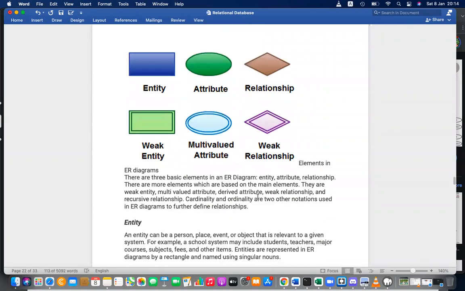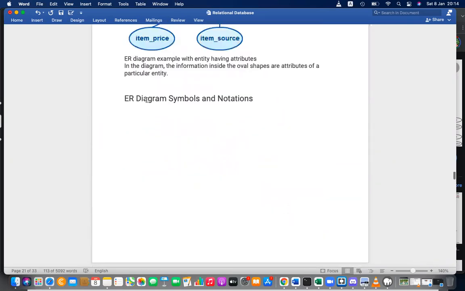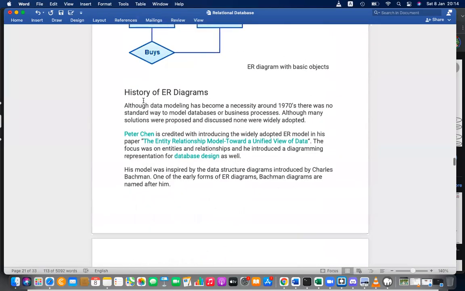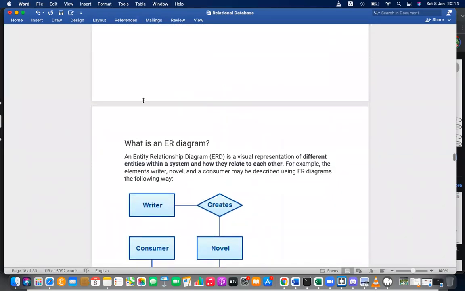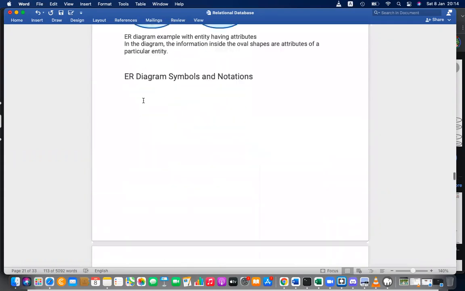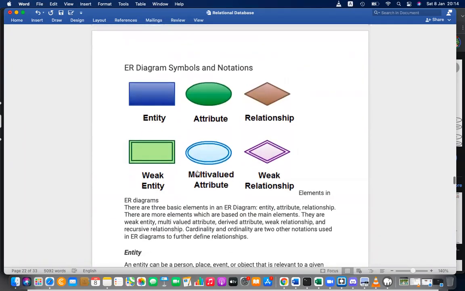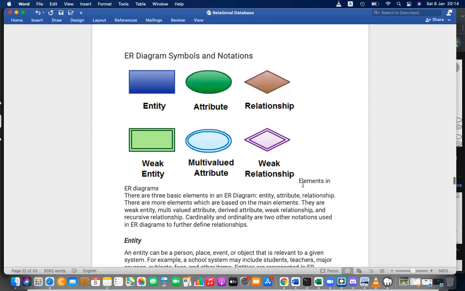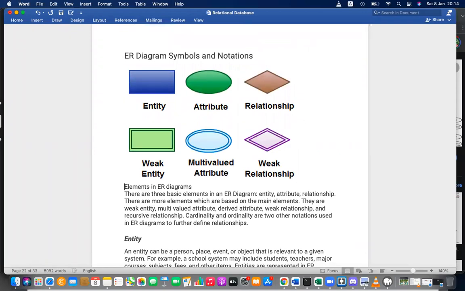Okay, so what are the symbols? Entities are represented using rectangles. I think better you write this. Please draw this actually. Symbols used in ER diagram.